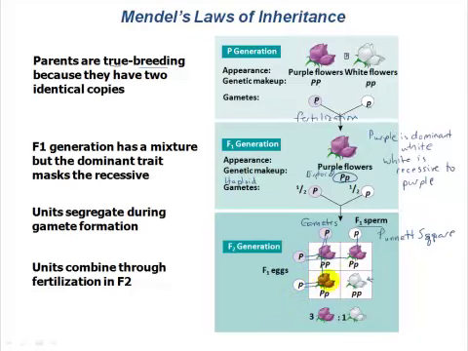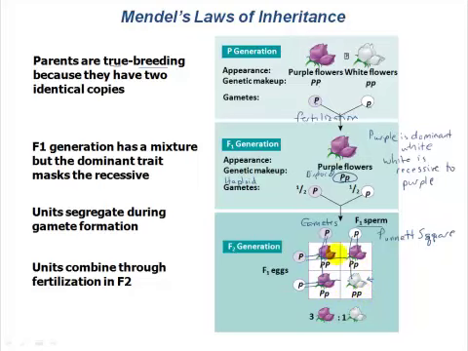Right? And this is depicting the types of offspring that are going to be possible by all these random combinations of the male gamete with the female gamete. And what do we end up with? We see that 1 out of 4 we would expect to have 2 alleles that are the purple allele. 2 out of 4 we would expect to have 1 of each, and 1 out of 4 we would expect to have 2 alleles that are both the white allele.